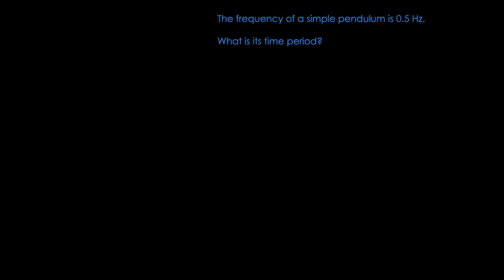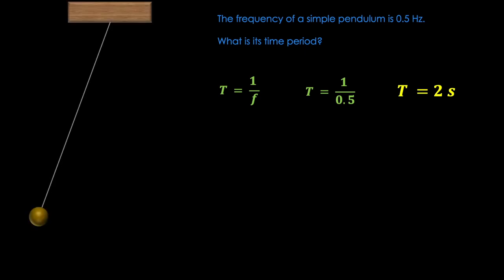Now let's look at one interesting case. The frequency of a simple pendulum is 0.5 Hz. What is its time period? Now when we apply the formula and replace the values, we find that the time period is equal to 2 seconds. Now this is very interesting, and the reason is that if we have this pendulum